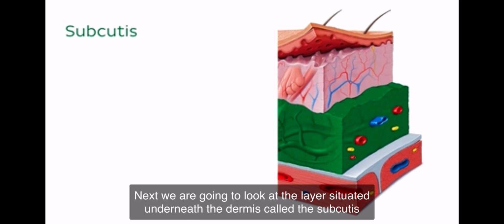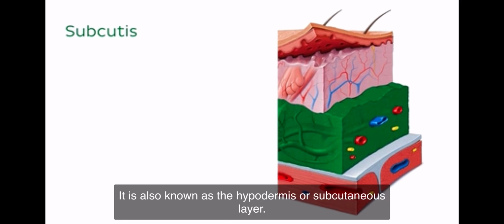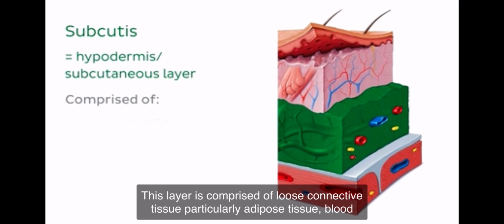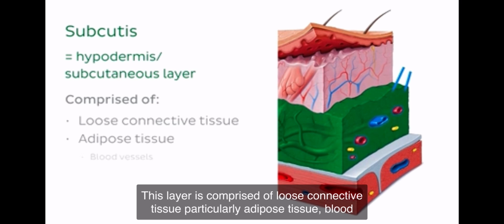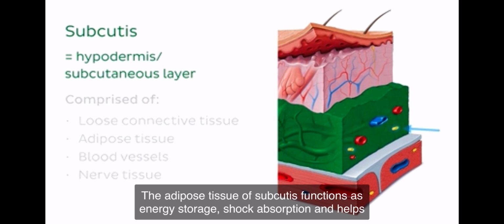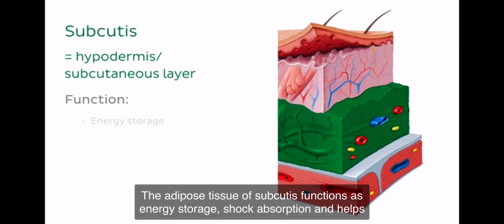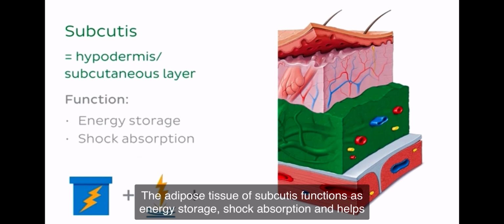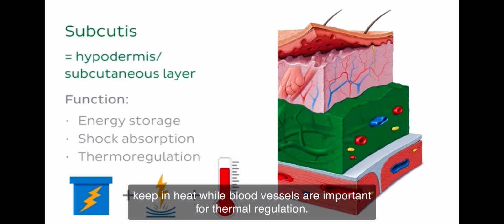Next, we are going to look at the layer situated underneath the dermis called the subcutis, seen here. It is also known as the hypodermis or subcutaneous layer. This layer is comprised of loose connective tissue, particularly adipose tissue, blood vessels, and other structures such as nerve tissue. The adipose tissue of subcutis functions as energy storage, shock absorption, and helps keep in heat, while blood vessels are